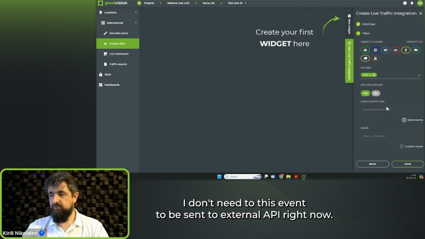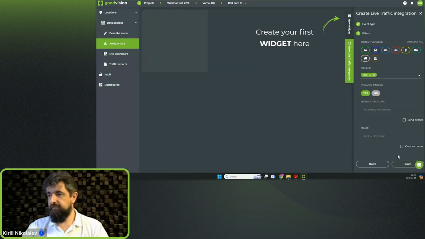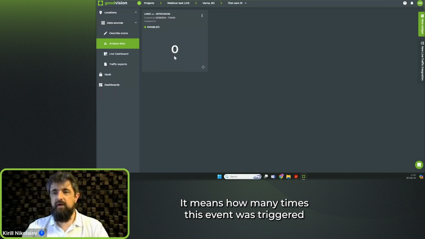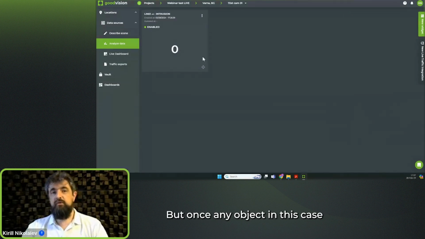Imagine I don't need this event to be sent to external API right now. I will show you how it looks like. And I click Save. And here you will see the counts. It means how many times this event was triggered. Right now it's 0, but once